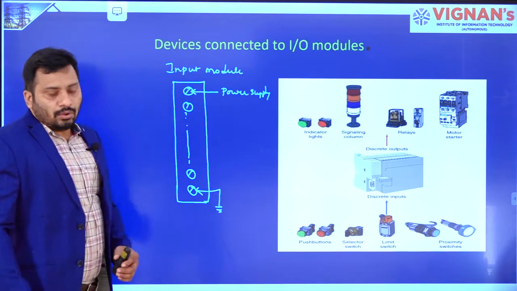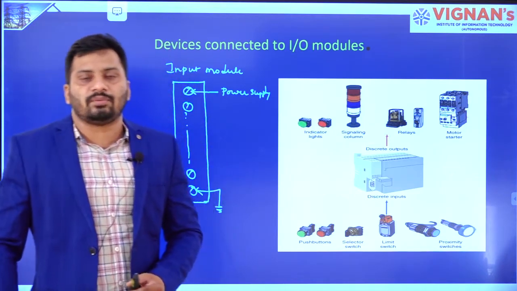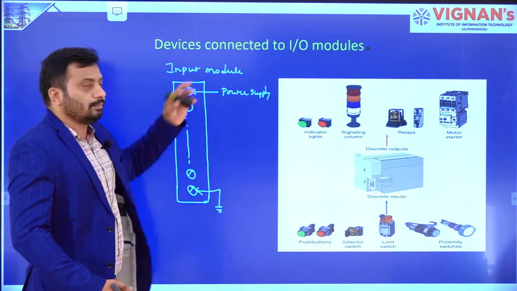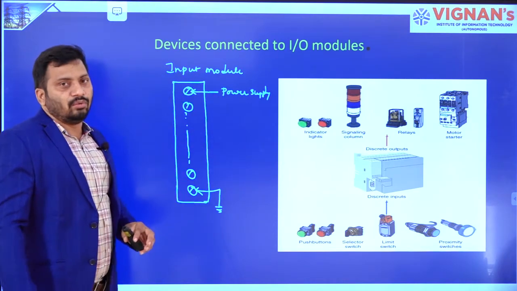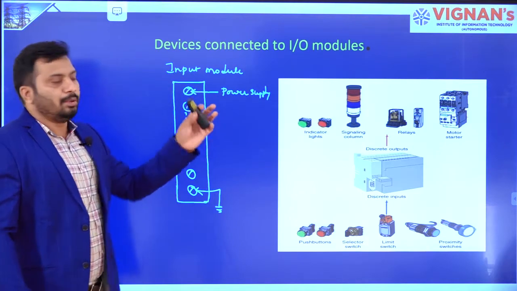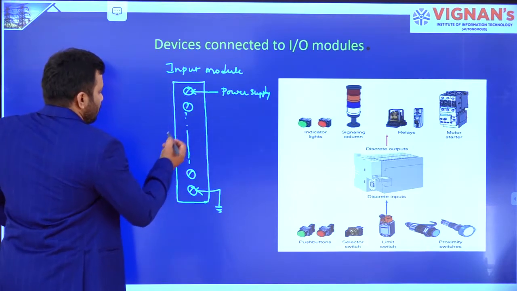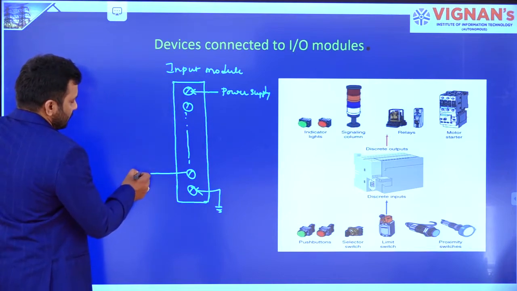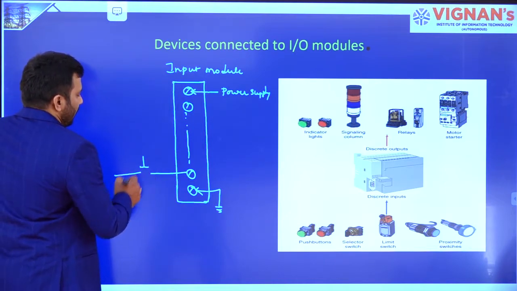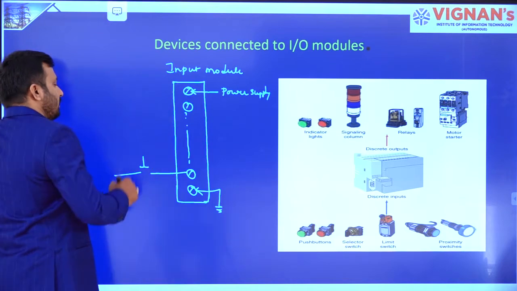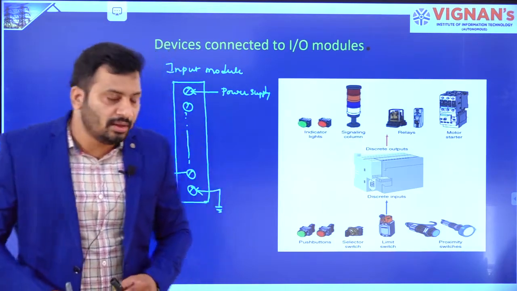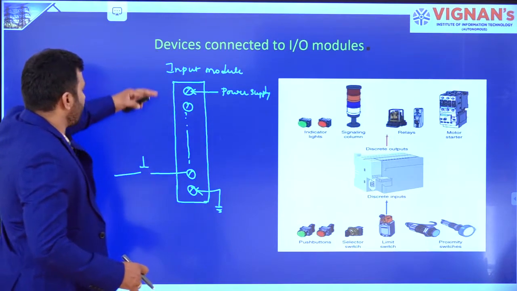The power supply may be 24 volts DC to 230 volts AC, like that. Whatever voltage you want to connect, you can connect here, right? That is taken as a line voltage for any input sensors. For example, if you connect one sensor here, this sensor may be anything. It may be a push button, a pressure switch, a temperature switch, or a level switch. Any switches you can connect.